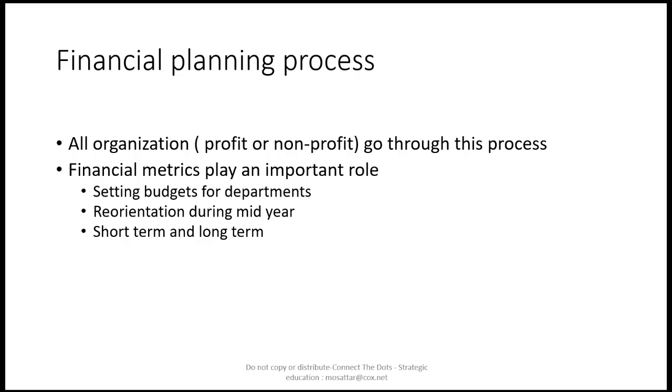Financial metrics obviously play an important role in running a business. If you don't know where you are, you have no idea if you're getting better or worse. When companies go through this process, typically it is done in the latter part of the prior year. For example, if companies are going to plan for 2020, 21 and 22, the next couple of years, they're going to put a major focus in 2019, sometime in September, October, and start to lay out a plan. Based on that, they will set objectives for the budgets, for the departments, for how much money they can spend and where they can spend it.